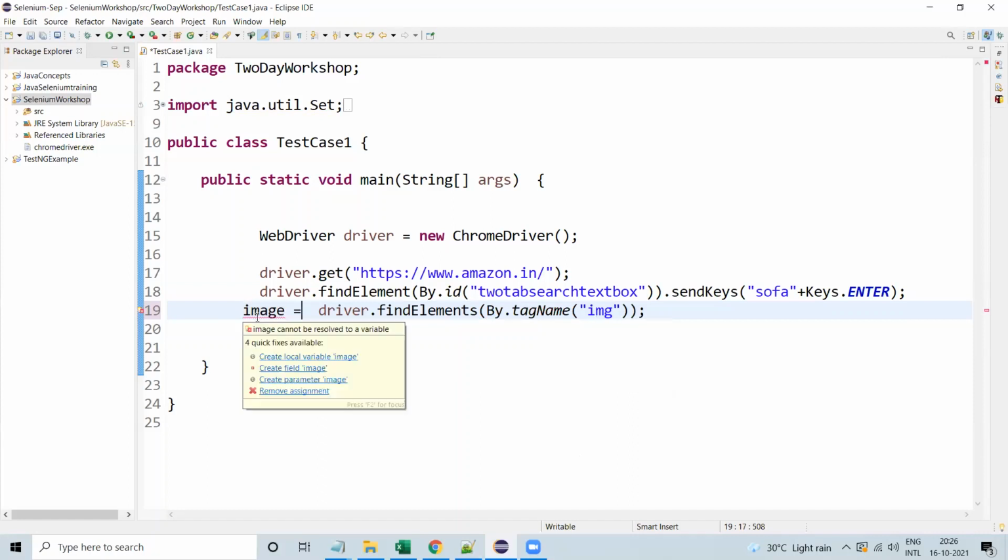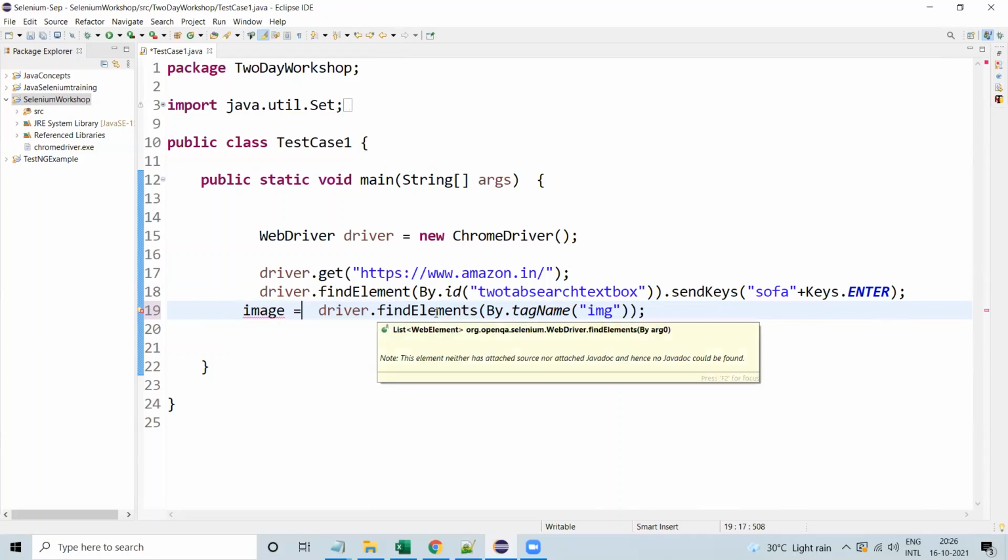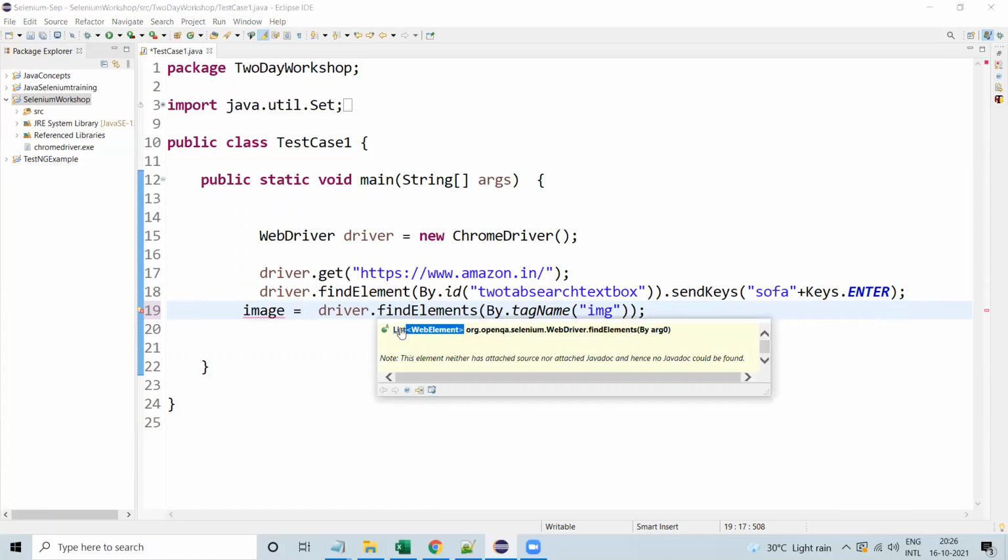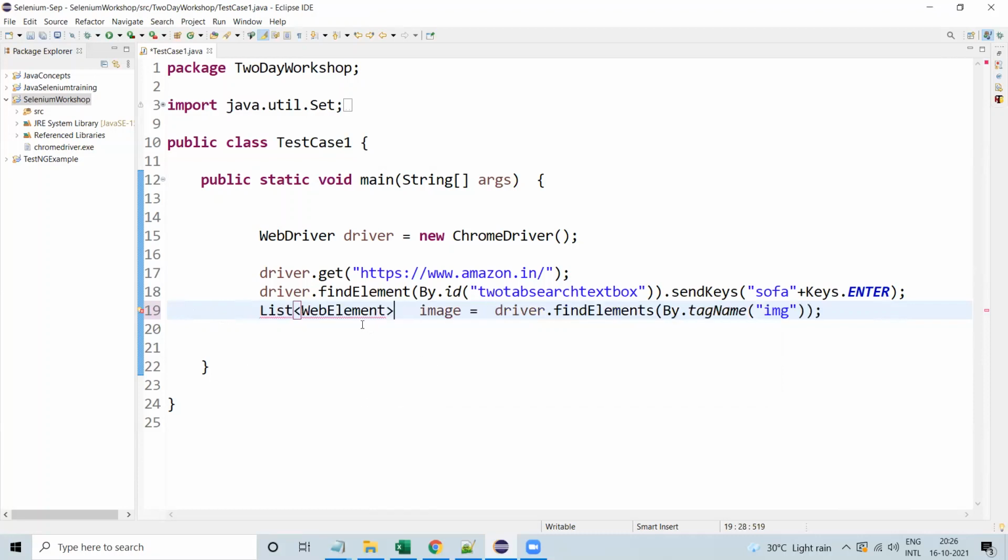It is throwing an error. Why? Because it is asking us to add the type of the image. What type will it be? If it is findElements, then we need to add a List of WebElement only.